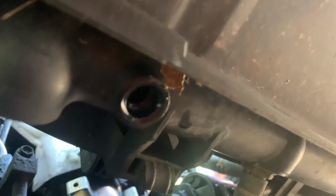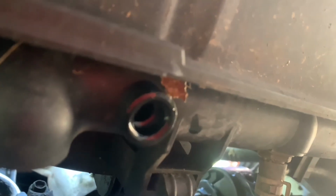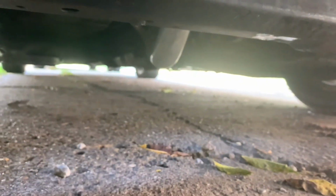The first thing you want to do before you start this project is drain all the antifreeze out of the radiator. There's a drain plug, or petcock, whichever you prefer to call it, on the bottom of the radiator underneath the car. I've already drained the fluid, but right here is where the lid was for the drain. It is a plastic drain. A Phillips screwdriver takes it off on this particular model, and once you take it off, you want to have a pan on the ground catching the fluid,